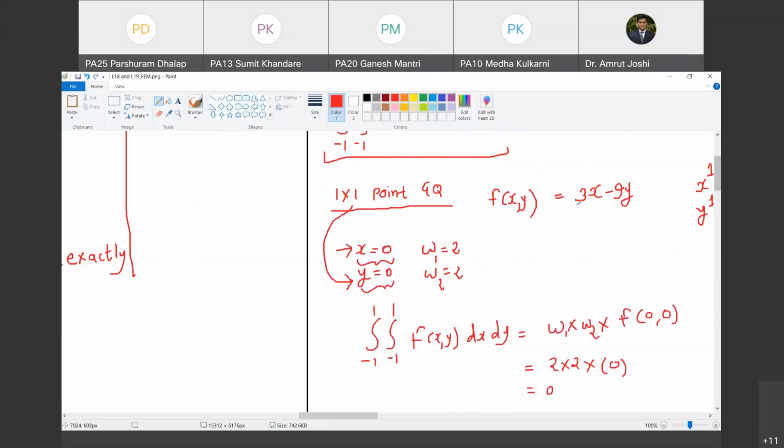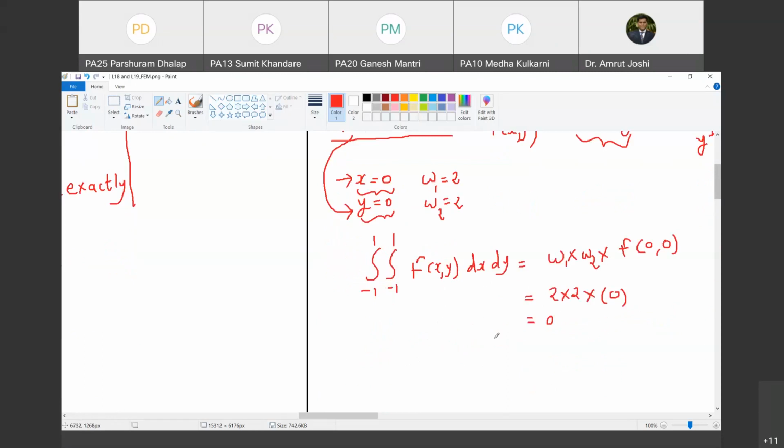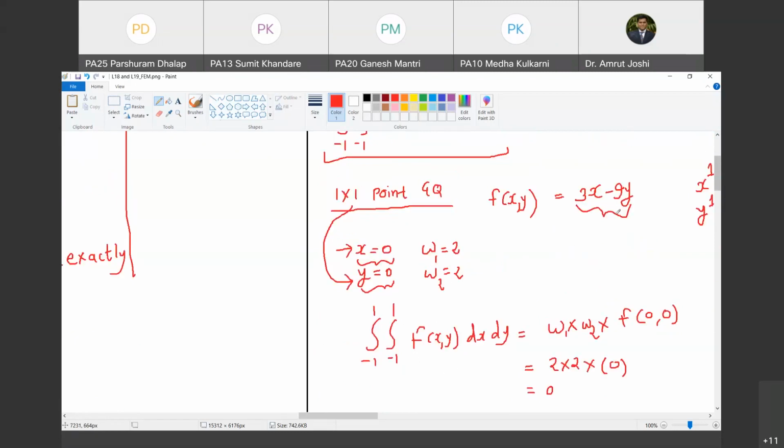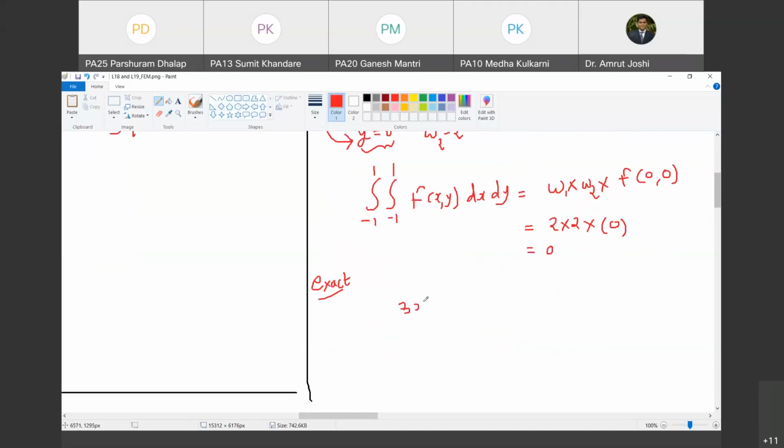So first of all, I will integrate this quantity with reference to y. Do you agree with me? Yes, sir. So what is the integration with reference to y of this quantity? Can you tell me? Now I am doing it exact. It will be 3x minus 9y square by 2, and here you are going to substitute limits only on y, y equal to -1 to y equal to +1. Do you agree with me?